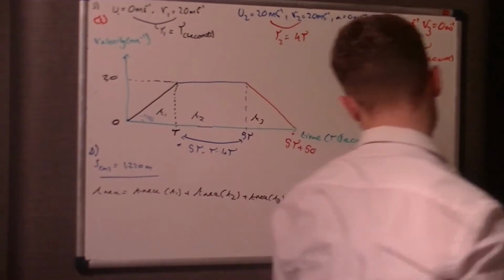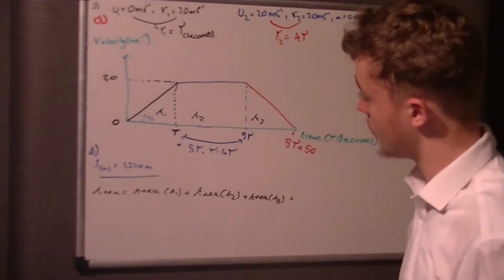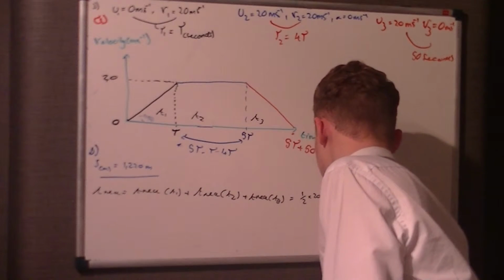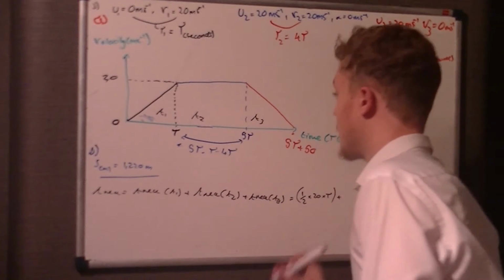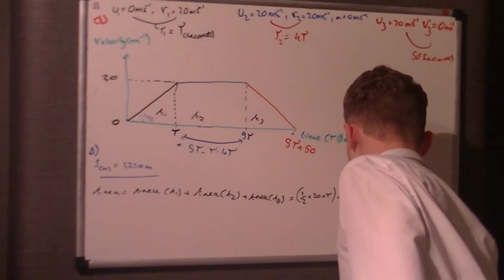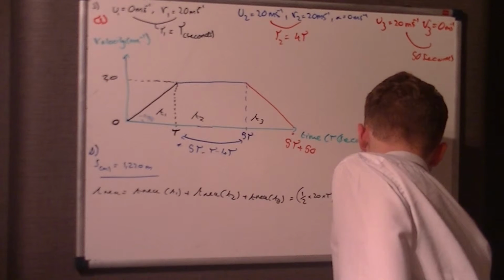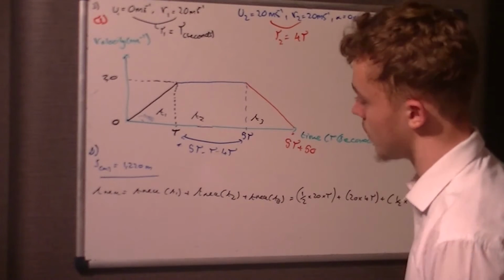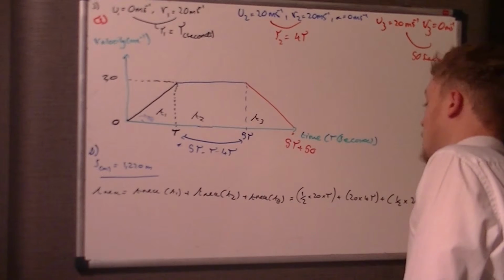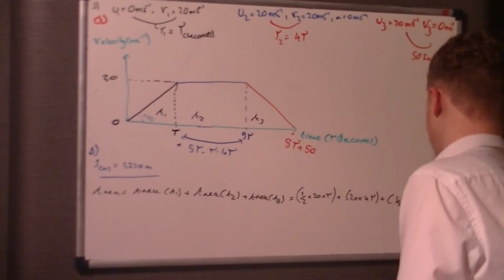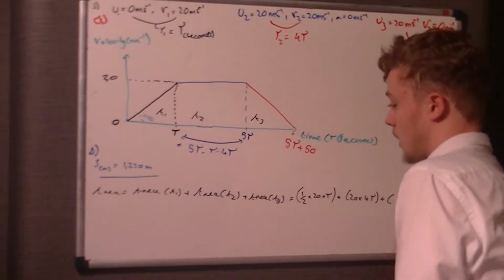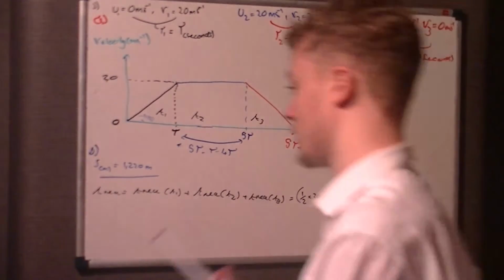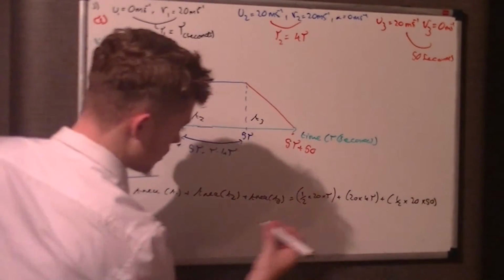Okay, so to work the individual areas out, it's simple maths, so a half times 20 times t, plus 20 times 40, plus a half times 20, so it's changing, let's remember, half times 20 times 50. And as we know, the total area covered is equal to the distance travelled. So therefore we say this equation, so if we work this one out,